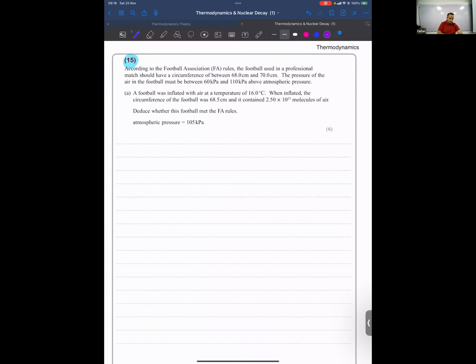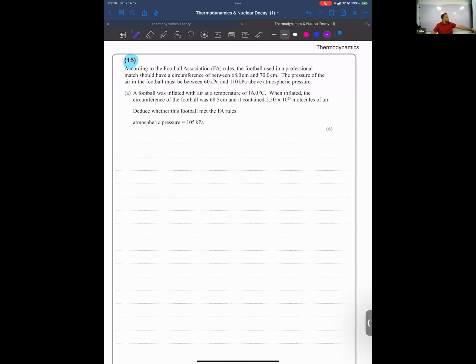According to the Football Association rules, the football used in a professional match should have a circumference of between 68 centimeters and 70 centimeters. The pressure of the air in the football must be between 60 kilopascals and 110 kilopascals above atmospheric pressure. A football was inflated with air at a temperature of 16 degrees Celsius. When inflated, the circumference of the football was 6